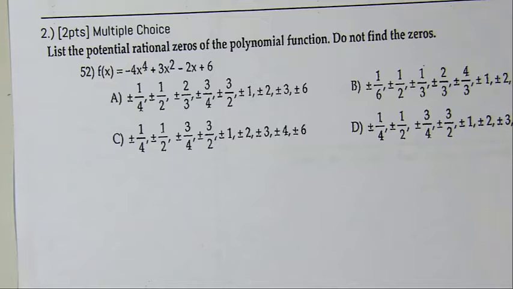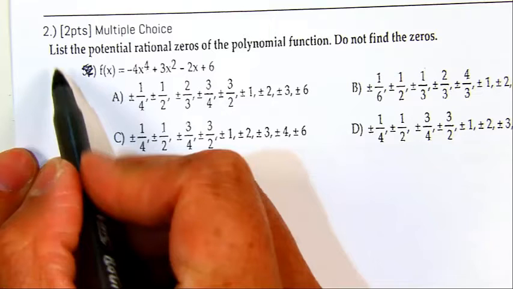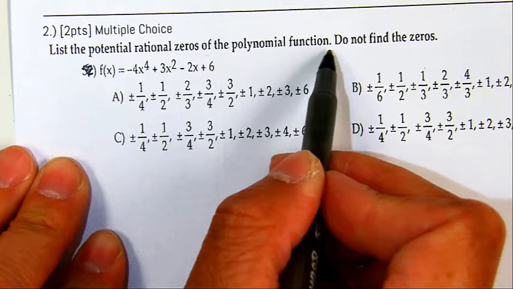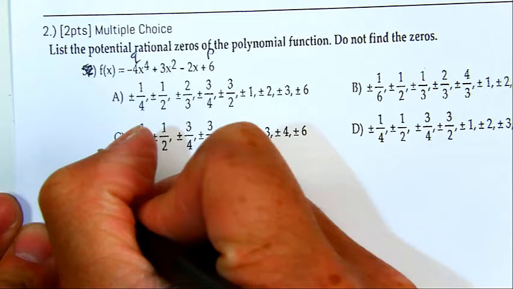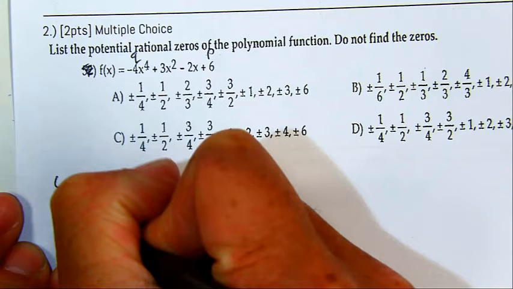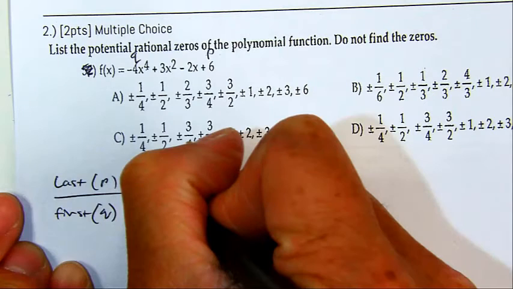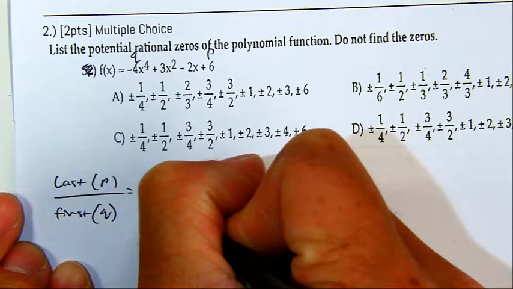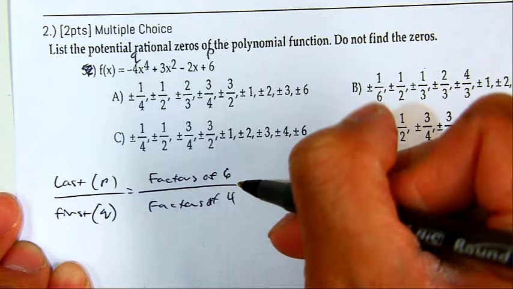Question number 2. Shouldn't have 52 there. List all the potential rational zeros of the polynomial. Do not find the zeros. So you're going to take your last over your first, which is p over q. Then you're going to have the factors of 6 over the factors of, now, take 4, not just negative 4. I know it says negative 4 there, but